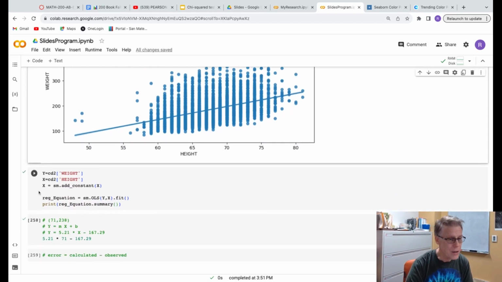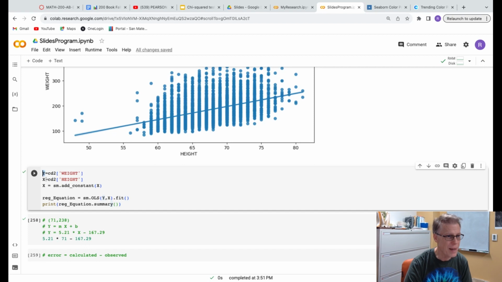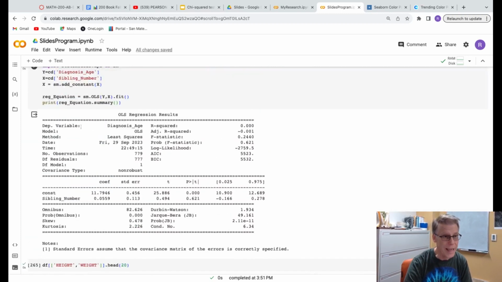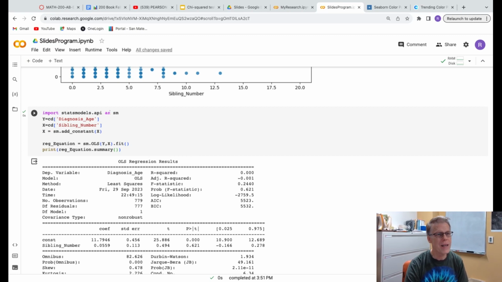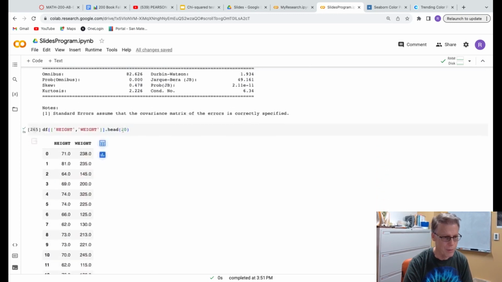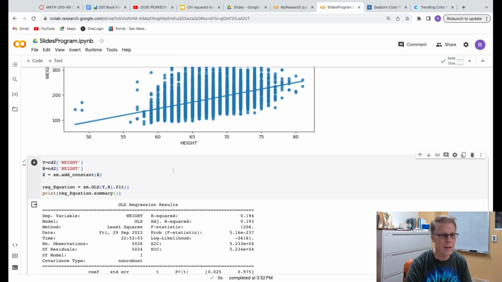So I go through and I do this once again, and it's okay that I'm wiping out X and Y and reusing them, because if I want to do it again and get this whole thing again, I'll run this and repeat the X and Y and it'll be fine. I don't need to import the stats model again because it's already imported. But when I run this on these two variables,